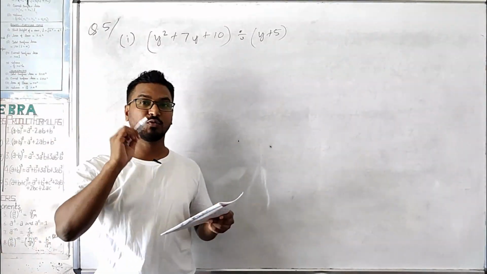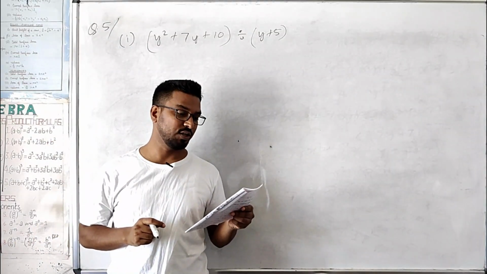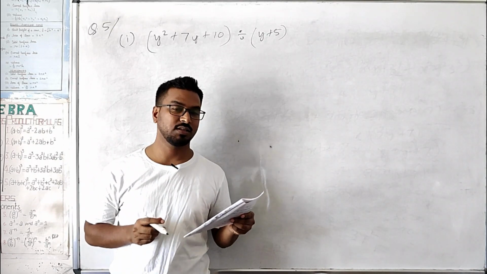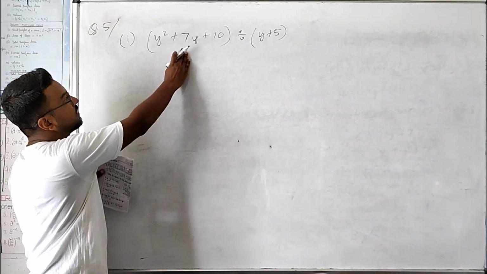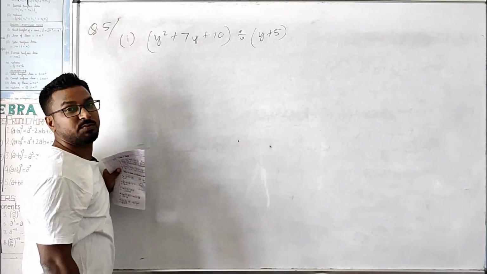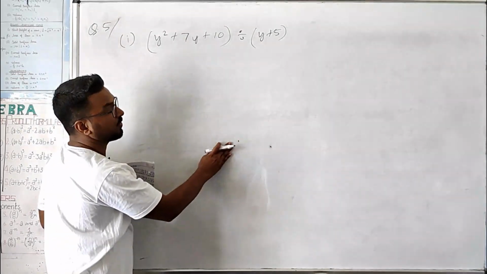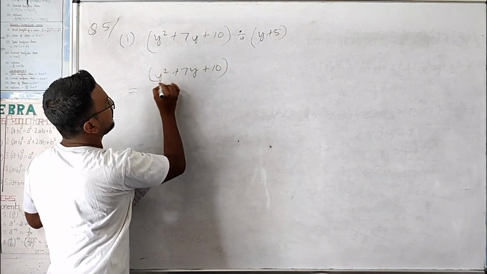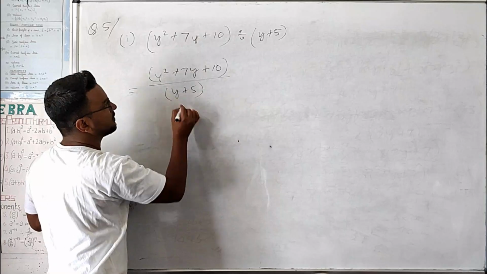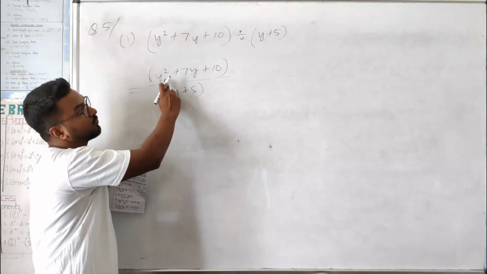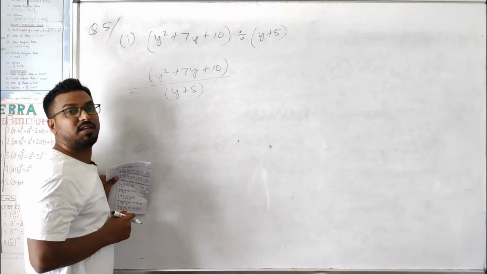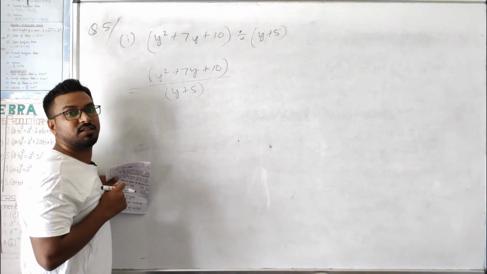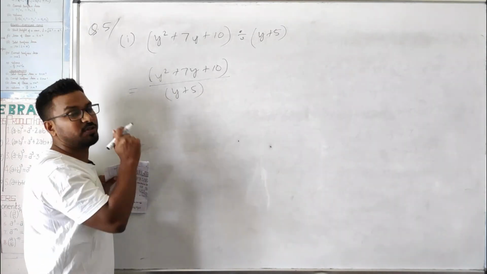Okay, so moving to the last question of exercise 14.3, the question number 5, that is given, factorize the expression and divide them as directed. Okay, so here it is given, you have to divide this expression by that term. So first we will write y square plus 7y plus 10 divide by y plus 5. So first we will factorize this expression by the middle term factorization method. In my previous video I told you how to find the factors by the middle term factorization method. We'll do it here again.